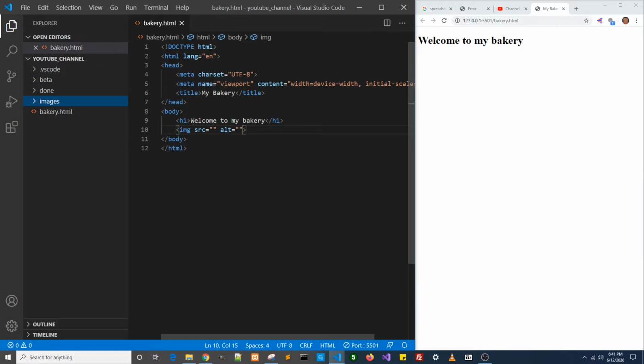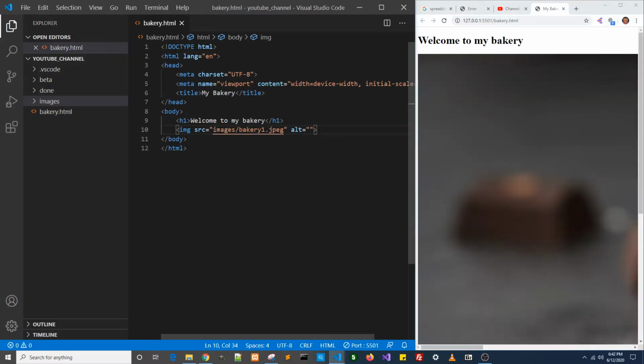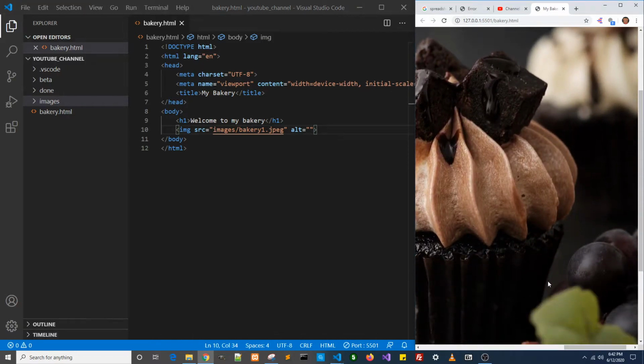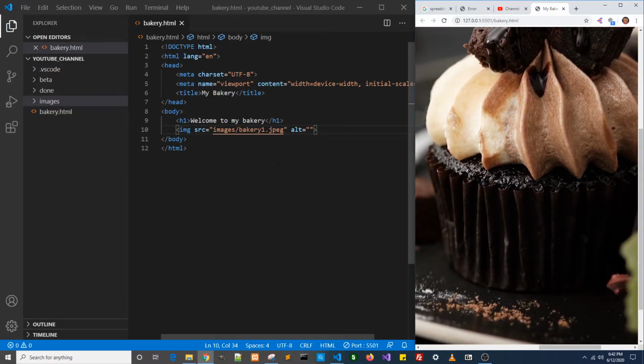All right, so what I want to do is with that source, I'm going to type in, I want to go to the images directory. Okay, slash, and look at that. Now I have options to each of the actual images that I want to use. I'm going to start with, I think, bakery 1. And there we go. And it looks like we have a huge image. Okay, and we're going to give it an alt text just in case the image does not happen to populate. So let's say it is a nice looking chocolate